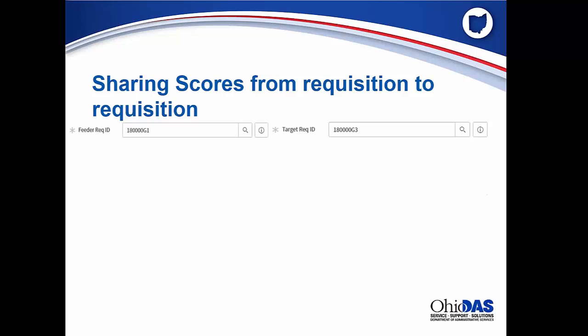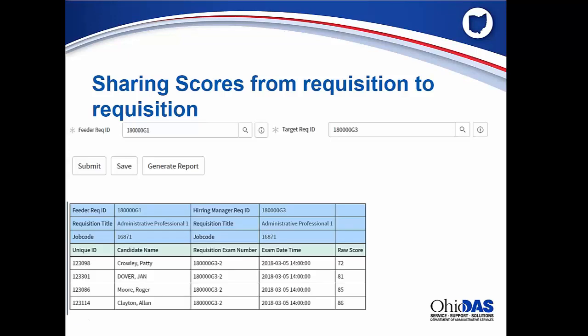And this brings up a page that asks us for the feeder requisition, and there's a search function for it, and the target requisition. We input those, and as you might remember, G1 was the feeder rec, G3 was the target rec. Once we find those, we click Generate Report,